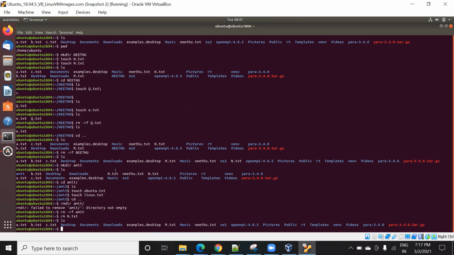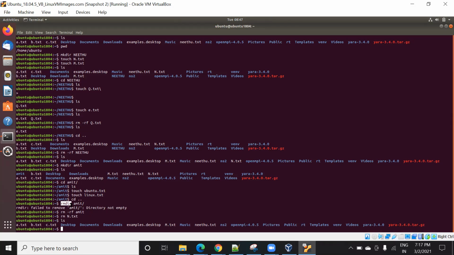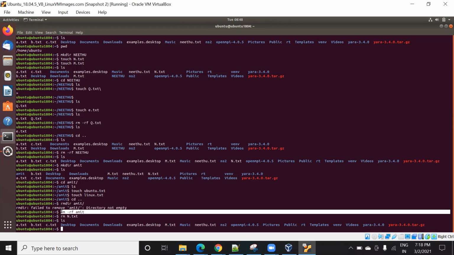And sometimes by mistake you run this command and delete an important folder. So always make it a habit of using rmdir and rm. Use rm -rf only when you are sure that the folder doesn't have any important data.